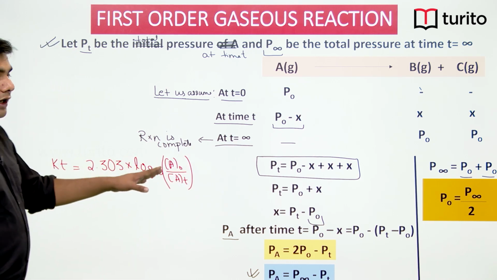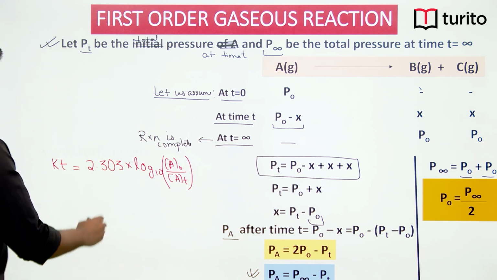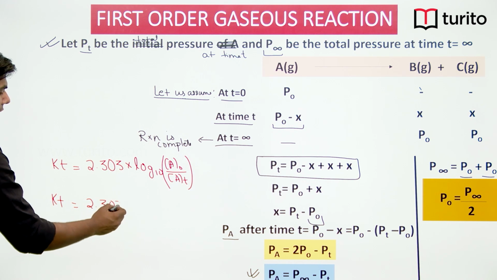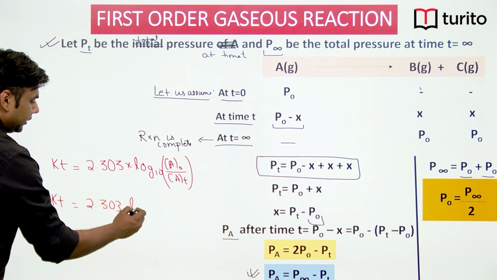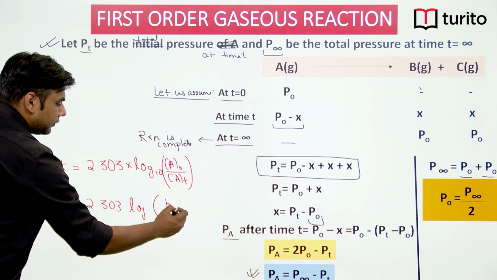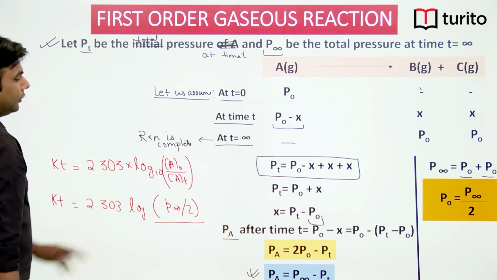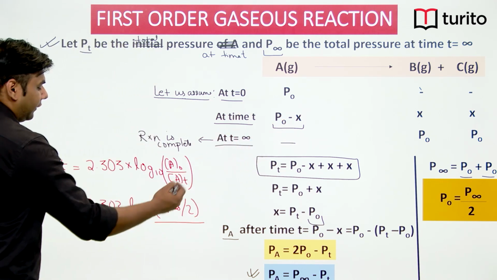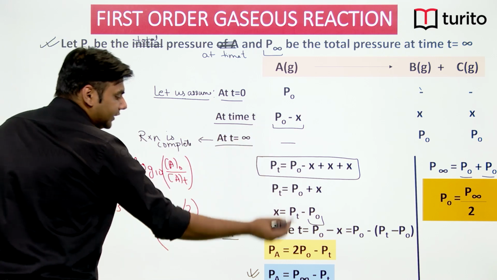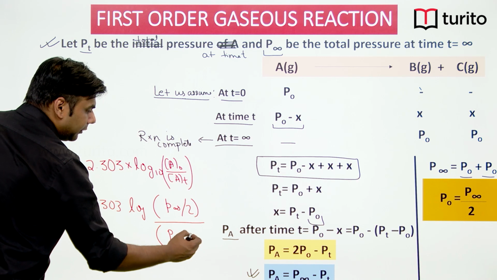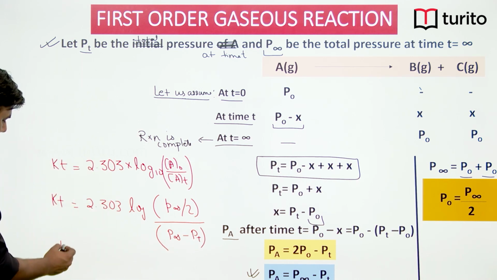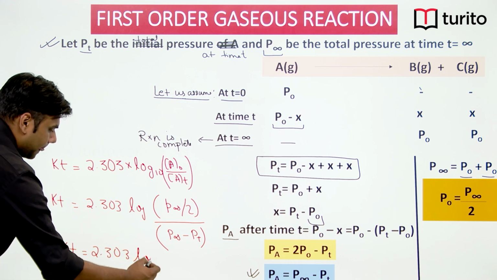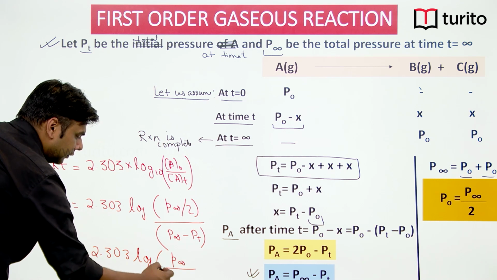Now we know that A naught would be proportional to the initial pressure. Now the initial pressure we know is P infinity by 2. We have calculated that the initial pressure is P infinity by 2. Okay. And we know that the concentration after time t will be proportional to the pressure after time t. So pressure after time t for A is P naught minus X, which we have calculated as P infinity minus PT. So the equation would come out to be Kt equals 2.303 into log of P infinity upon 2 P